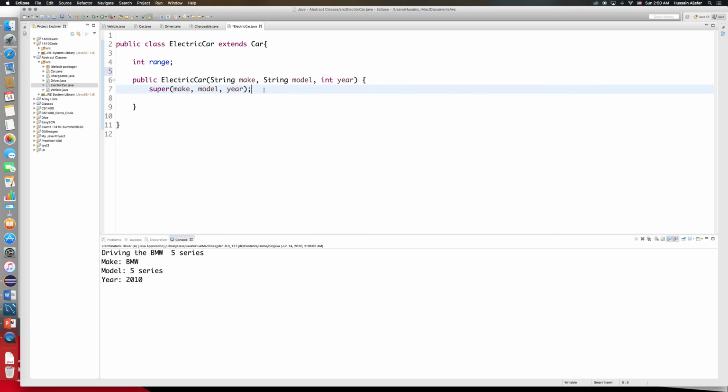Now whenever I create an electric car, I will just set the range manually to something like 30, which is a bad electric car that's going to get you 30 miles. And then in here, now everything is working just fine. I don't have any issues with this, but I need to implement